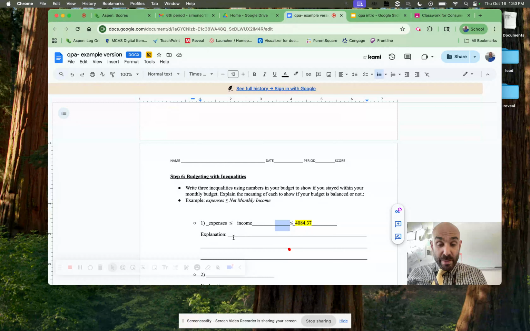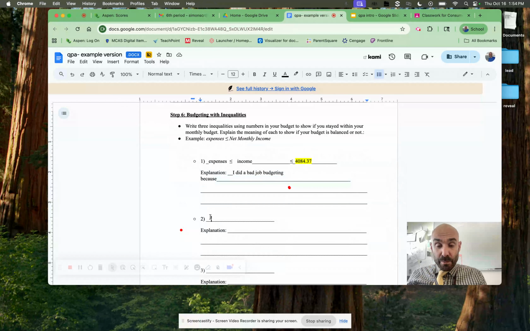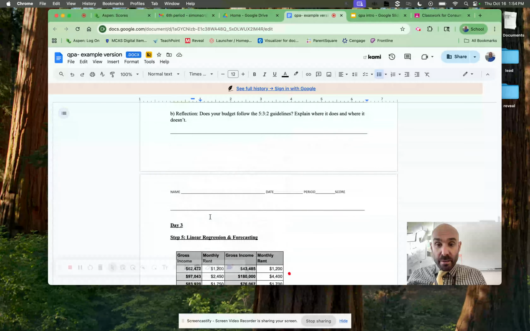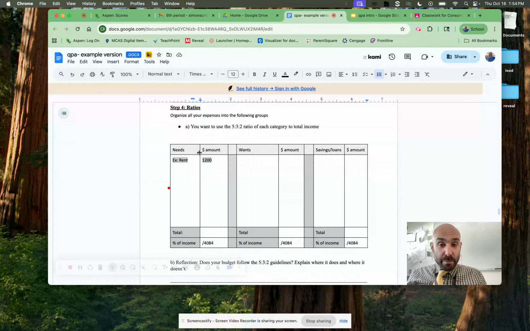And so, assuming it's less, I would explain I did a good job budgeting because, and you're going to explain. Or you might say, I did a bad job budgeting because, and you're going to explain. Another example might be what we did in step 4. So for example, I might look at my needs. I might add up my needs, and maybe it came to